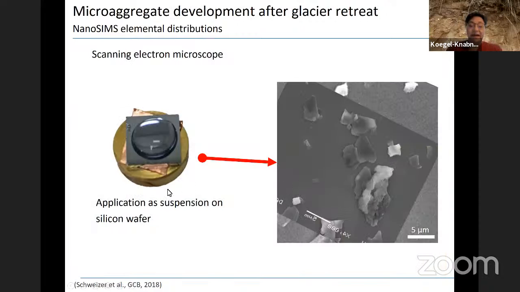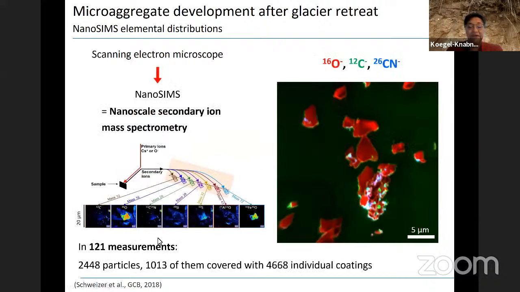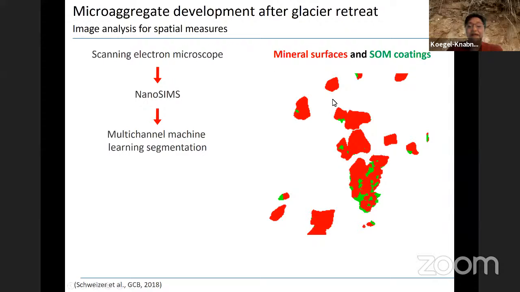We did again this suspension on silicon wafers, and then put this in the SEM and in the NanoSIMS, did a number of measurements, and we calculated the coverage of the mineral surfaces. This is shown here in green